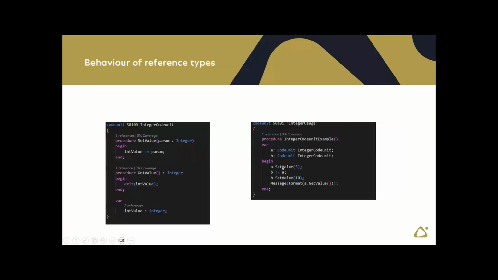So we set the value of a to 5, and we assign the second variable to a, and then we change the value of the second variable. So when we think about the last example, a.getValue will give us 5, but